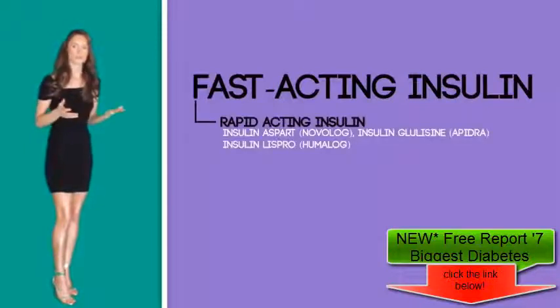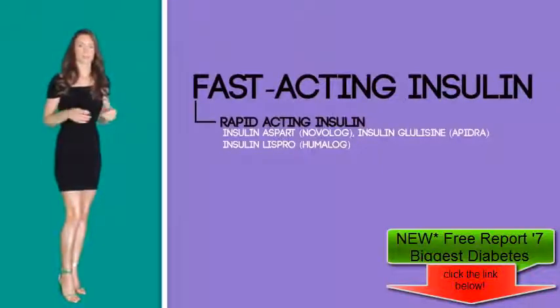Rapid-acting insulin, which starts working 15 minutes after the injection and in about 1 hour reaches its peak and remains effective for 2 to 4 hours. It is used in conjunction with long-acting insulin. Examples of rapid-acting insulin include insulin aspart, which is also known as Novolog insulin, and insulin lispro, which is also